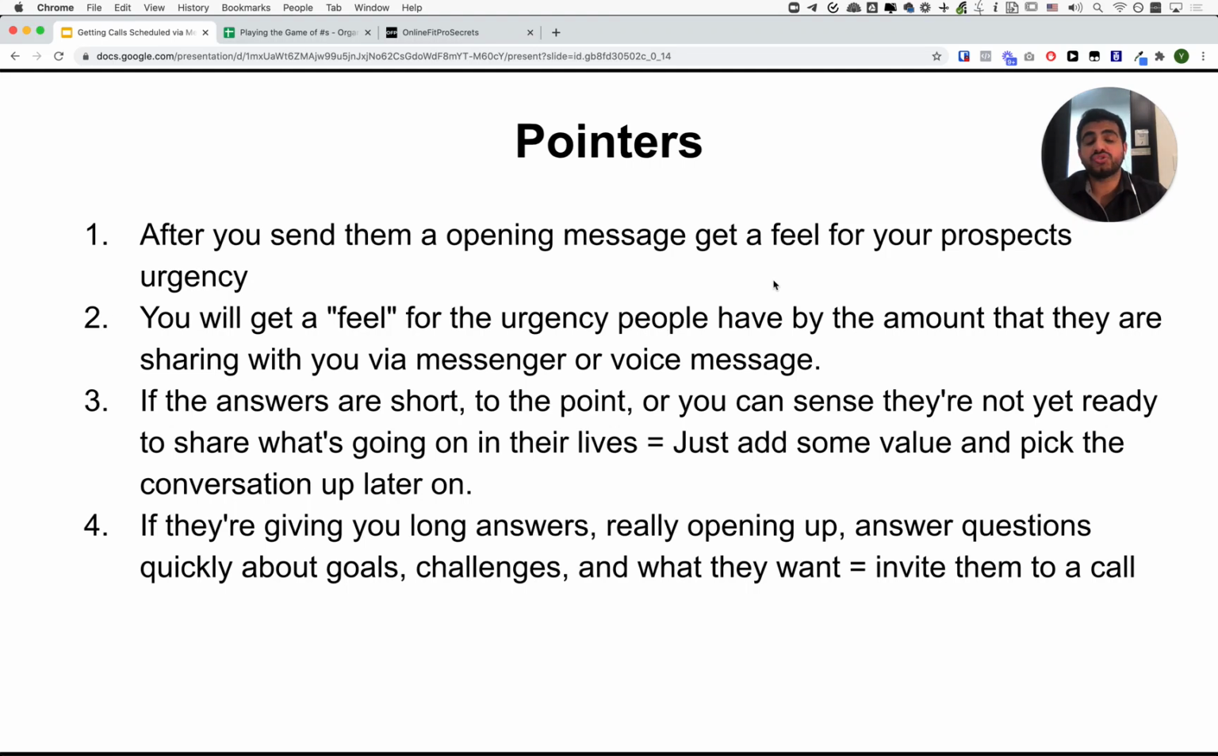and it is absolutely a skill set. This is one more thing I want to mention. Getting calls scheduled via Messenger is a skill set. The very first time that you learned how to squat, deadlift, drive a car, swim, it felt overwhelming because you didn't have the skill. You want to develop the skill of learning how to get calls scheduled